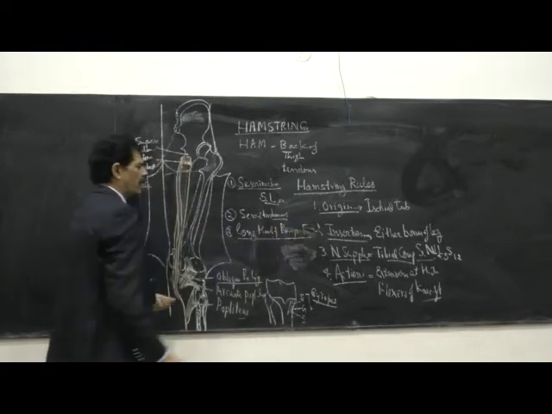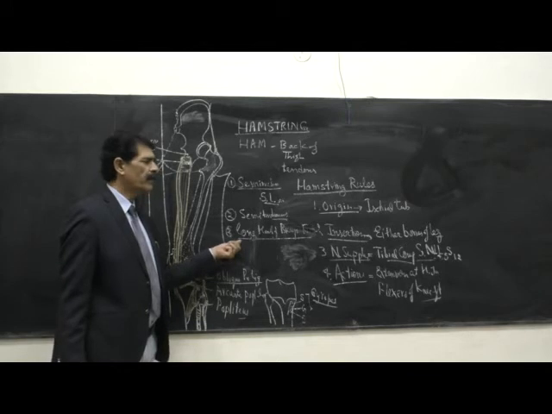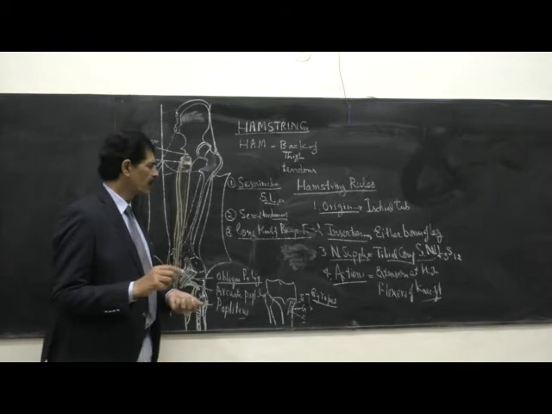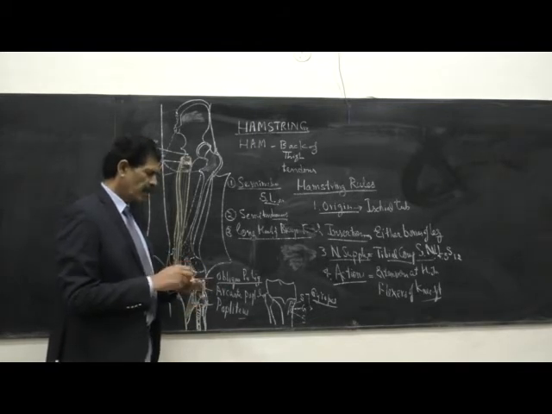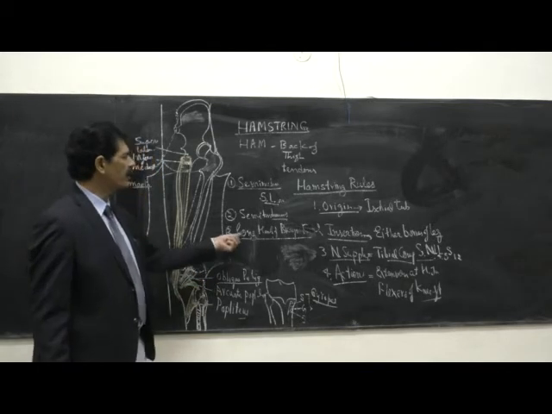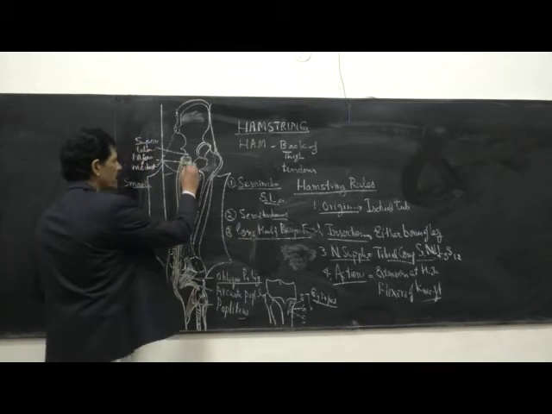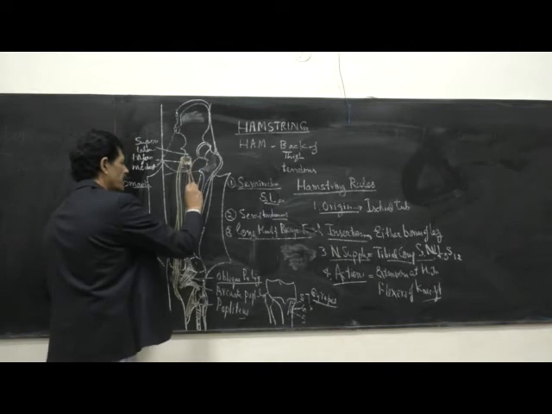Femoris. Remember, not the short head. Only hamstring rules are followed by the long head of the biceps. So we only include the long head of the biceps, not the short head. Now this long head of the biceps muscle, as we have already told, shares its origin with the semitendinosus from the inferior-medial area. From this inferior-medial area, the long head of the biceps passes below the semimembranosus muscle,